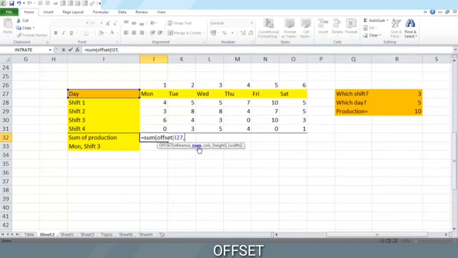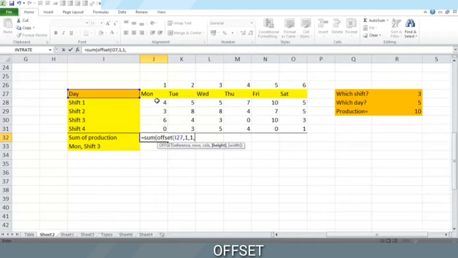So what I'll write here in rows is 1. The columns which we are considering is again in the first column. So we are starting at 1, 1. That will reflect here. So this gives the starting point, and now we will move to decide how much height and width we need.